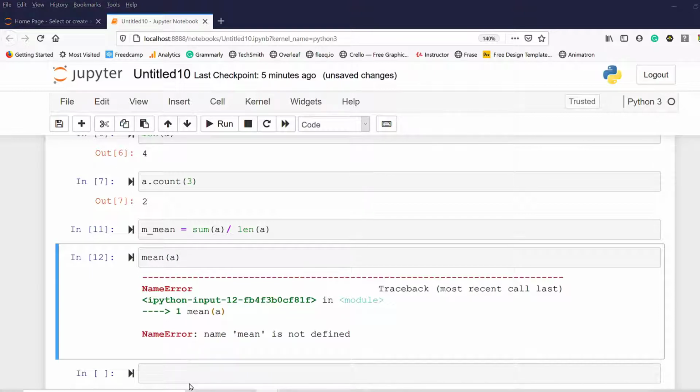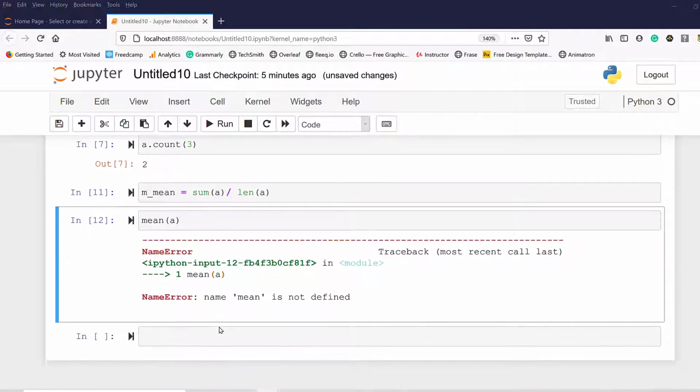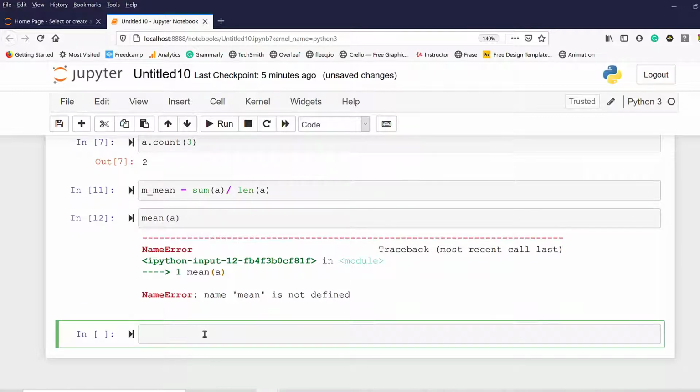So to do that, we need to import a package which is statistics, and that will help us in finding out the measurement of central tendency and measurement of dispersion. So once again, the name of that package is statistics. To import any package, the first thing you need to do is import and then statistics.